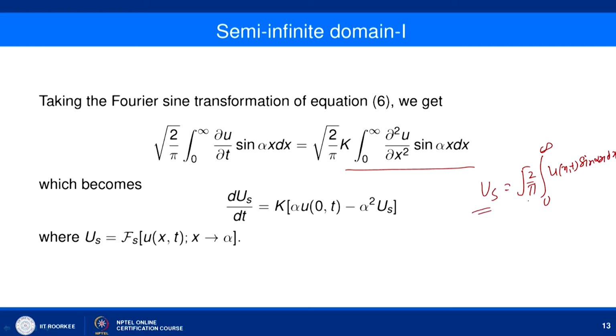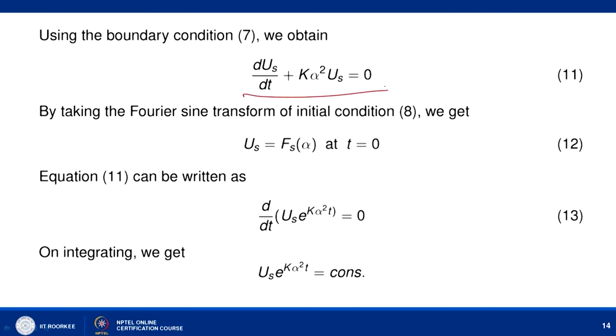So we are denoting this value as u_s. We can write this as du/dt = k times, and here, using our result 1, we have alpha u(0,t) minus alpha square u_s. But our u(0,t) comes out to be 0, since it is already assumed that we have a homogeneous boundary condition. So this part is gone, and we can write this as du_s/dt plus k alpha square u_s equal to 0. So using the boundary condition we obtain du_s/dt plus k alpha square u_s equal to 0, and now we can find out this k